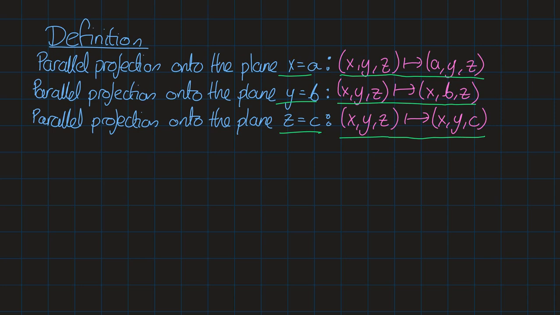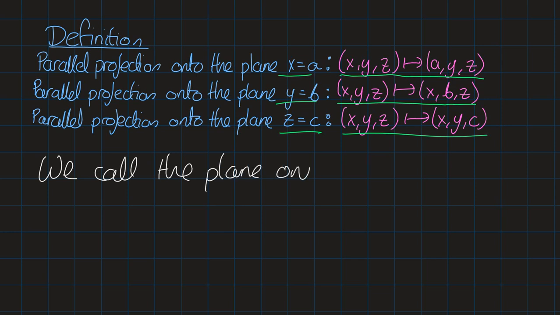If you parallel project onto the plane defined by x equals a, you just replace x with a. If you project onto y equals b, you replace y with b. And finally, if you project onto z equals c, you replace z with c. That's it. One thing I want to note is we call the plane